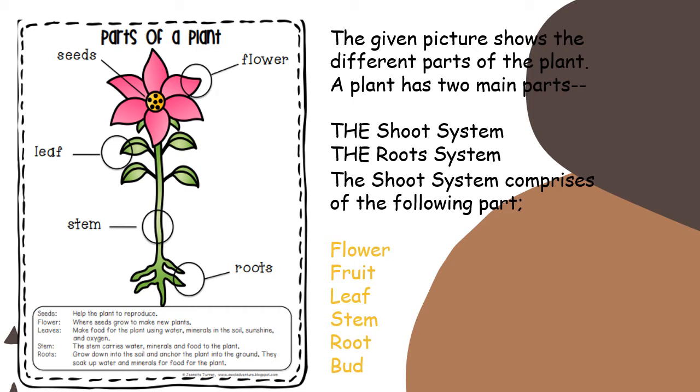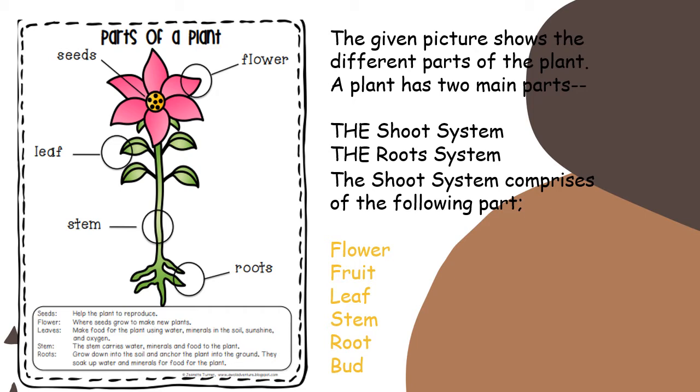Fruit. Fruit is a part of the plant which contains food and seed. Not all fruits are sweet and edible. It also helps the plants to disperse their seed and grow more baby plants. Stem. Stem acts like a pillar of the plant. It also carries water, minerals and food throughout the plant.